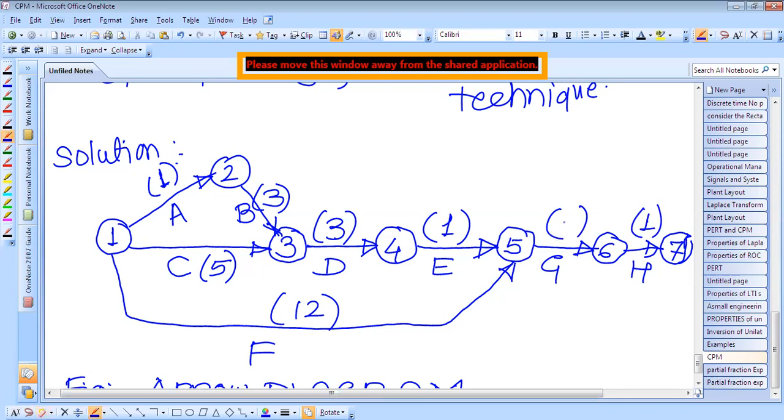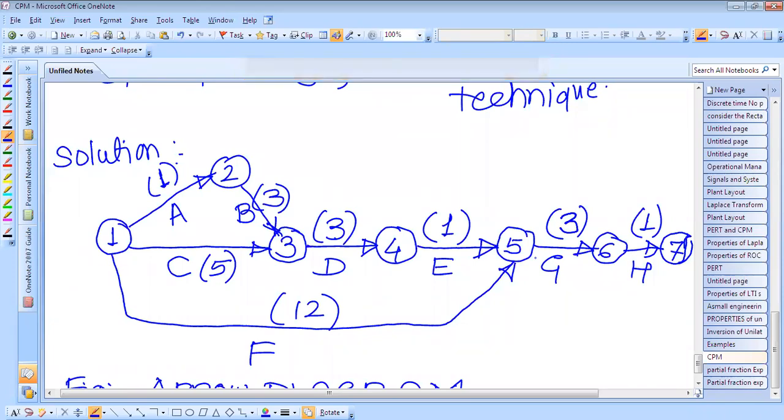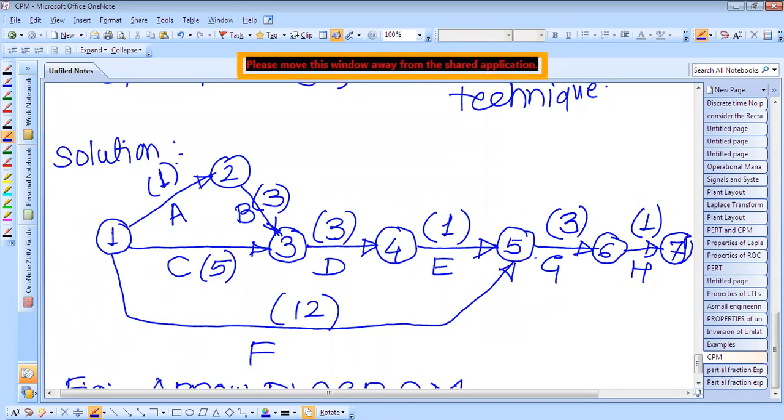So the estimator is the experienced person, and his past experience has shown how much time is required for every activity: placing the orders, then getting the material from the market, then taking the lining tool from the market. Then collecting the tool equipment for the tank fabrication, how much time is required to fabricate the tank, how much time is required to test the tank against leakage, how much time is required to pre-cut rubber lining from the market. So depending upon this past experience, we have given the time.